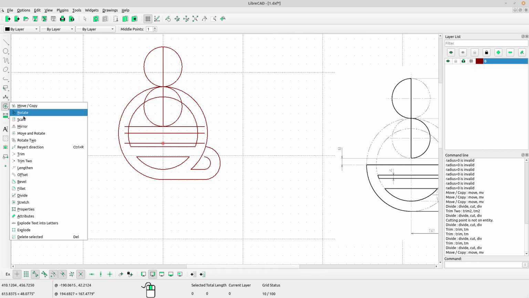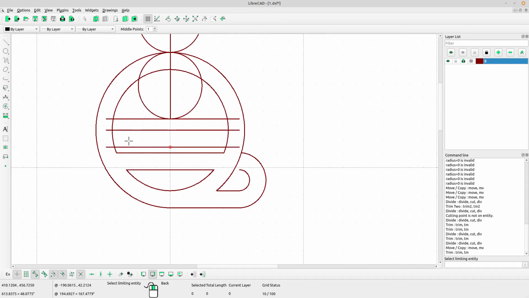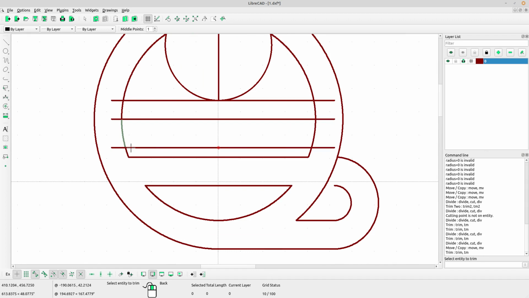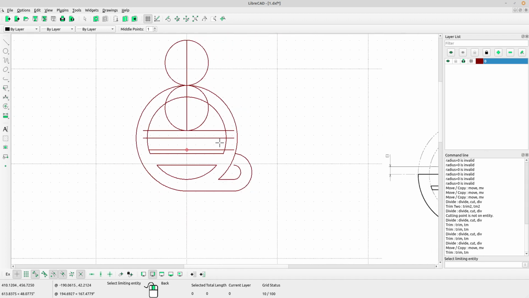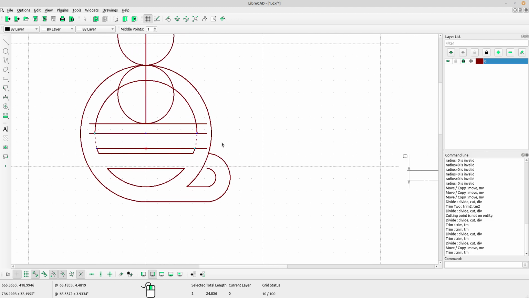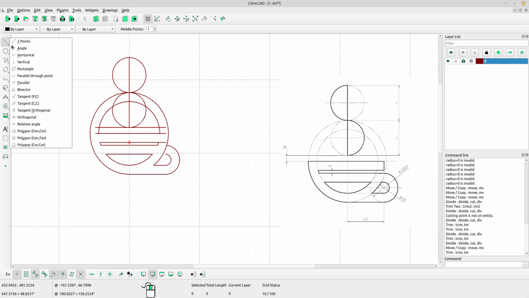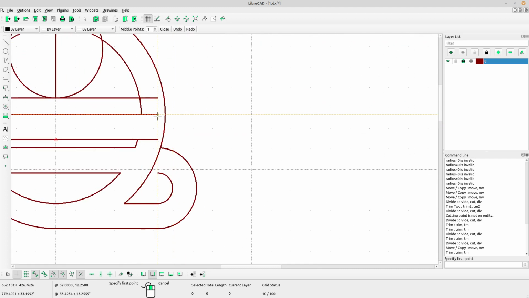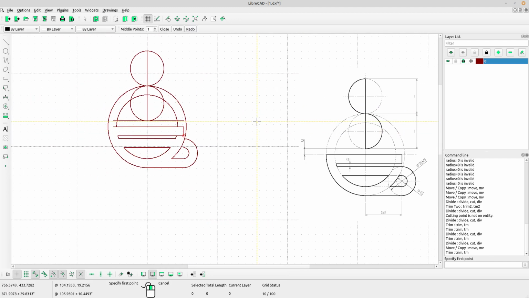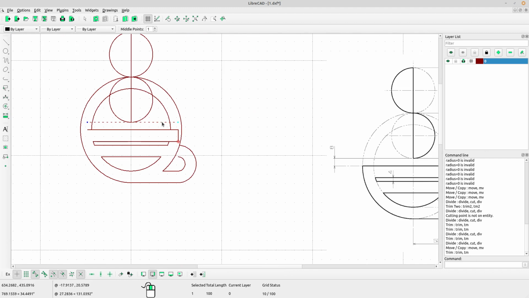Select trim. Left click at the arch and left click at the line. Right click again. Now select the arch, the unnecessary part from the circle, and delete. Okay, next select 2 points line, draw line vertically like this. Okay, right click again. Okay, we can delete this one